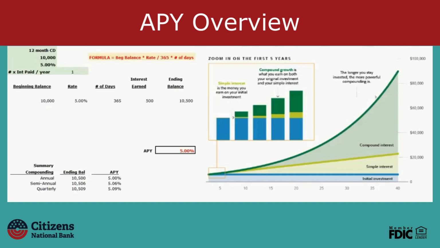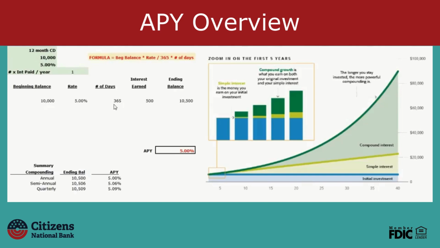So, how do we calculate it? Now, this will be a little bit of a math lesson, but let's walk through it. Assuming in our example here, we have a 12-month CD, $10,000 balance, the interest rate, not the APY, but the interest rate is 5%. And in the first example, it will compound or pay interest one time a year. So it is important to remember that the number of times a year that we pay interest, that's also referred to as compounding. The formula, if you're into this, equals the beginning balance times the rate